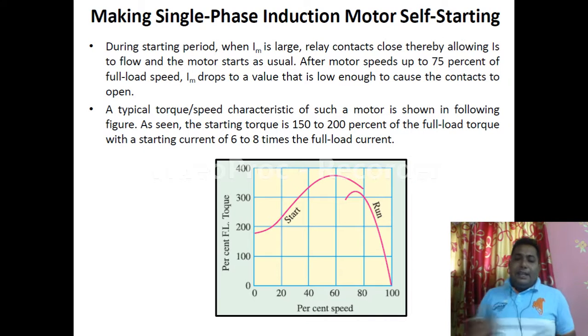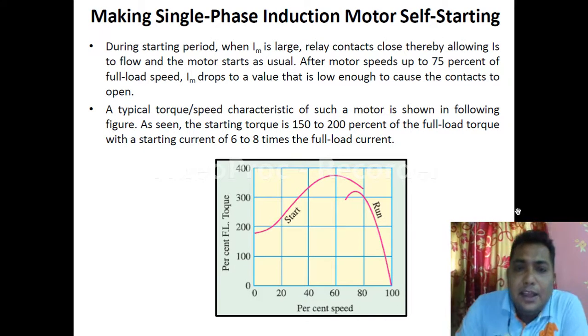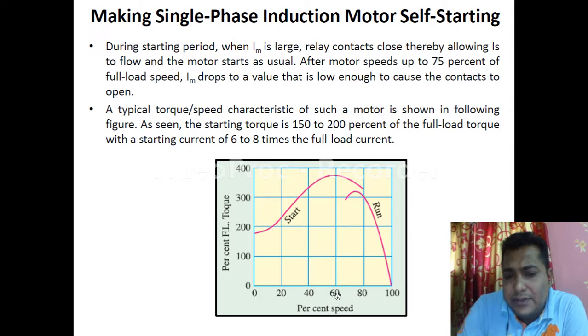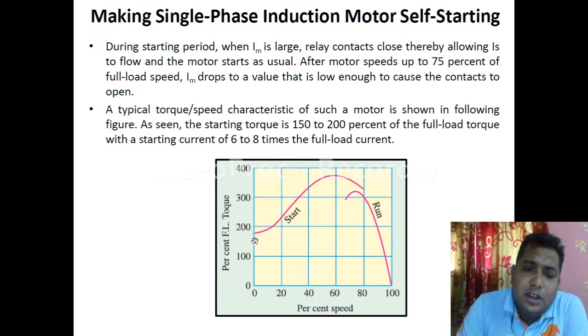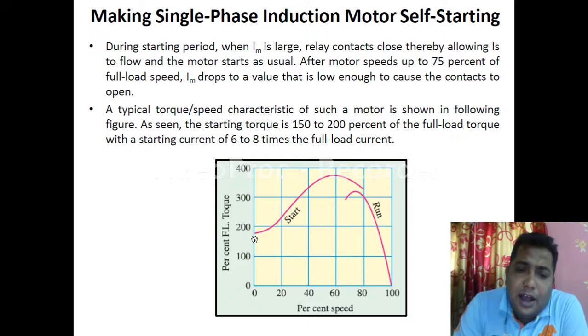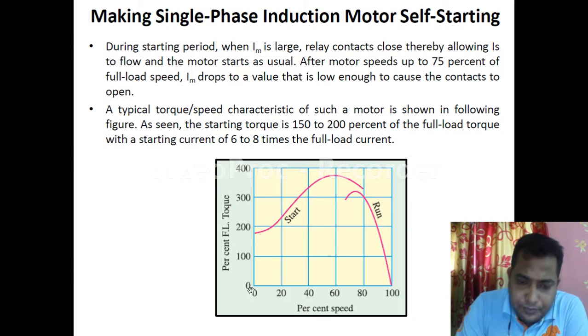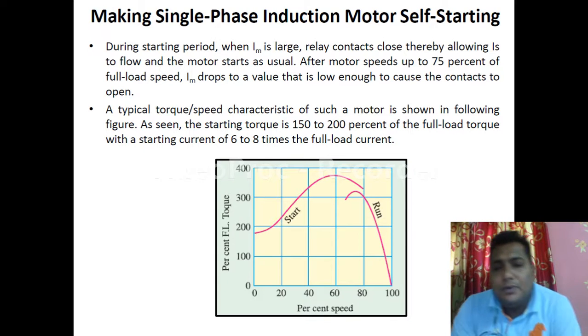Very interestingly, I have placed this graph over here, where on the x axis we are considering the speed, and on the y axis we are considering the torque. From a particular value of torque, the motor starts rotating. When it reaches almost 80% of speed, what happens is that